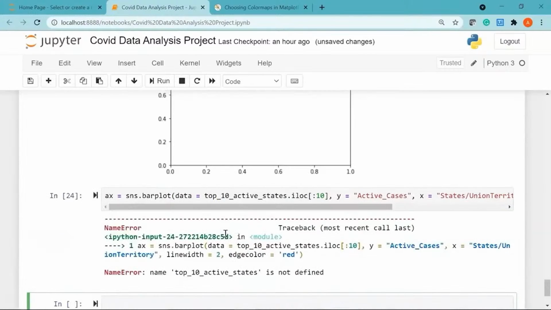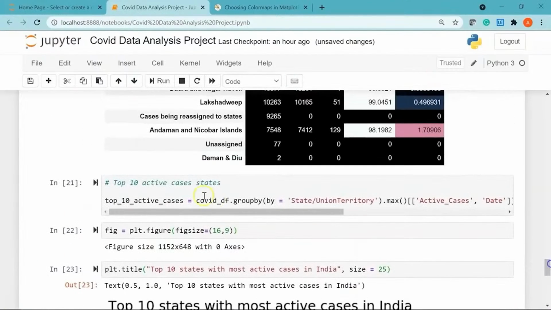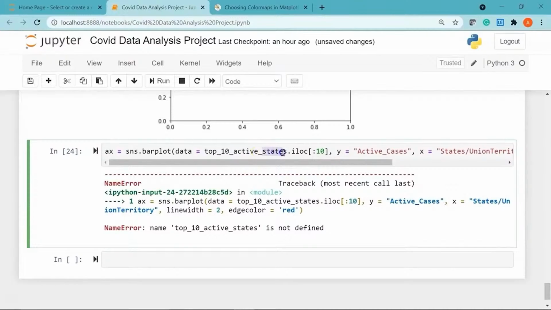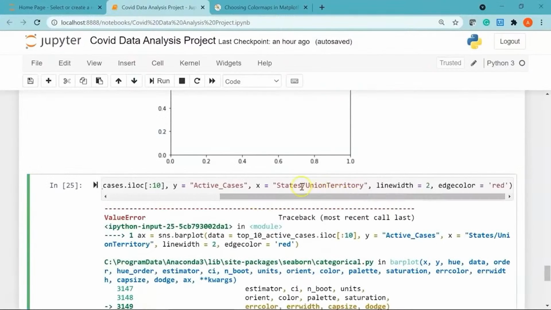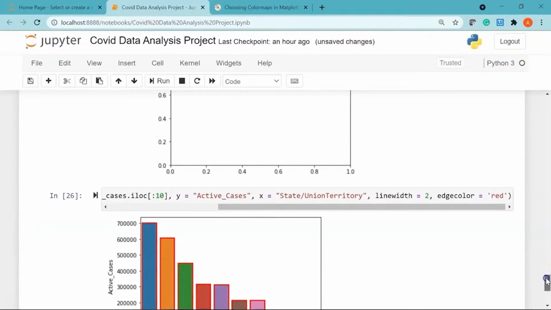Let's run it. There's an error here. It says top 10 active states not found. Let's go to the top and see the exact name. Okay, so this is top 10 active cases. Let me change it to cases here. Now run it. Okay, the x-axis also has a mistake. This should be state slash union territory. Now let me run it. There you go. We have our